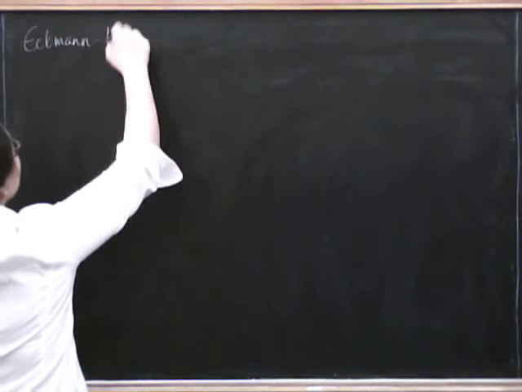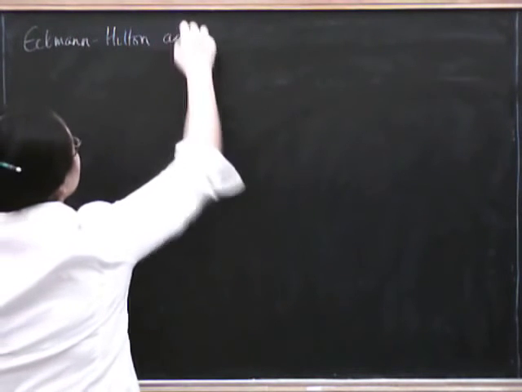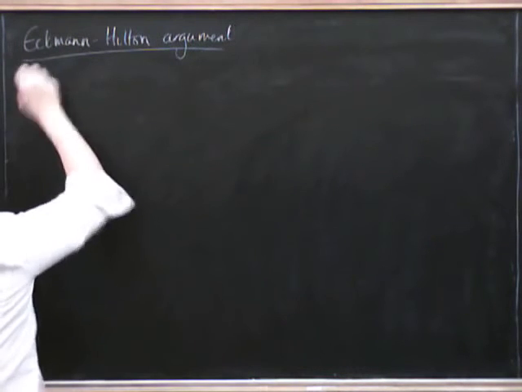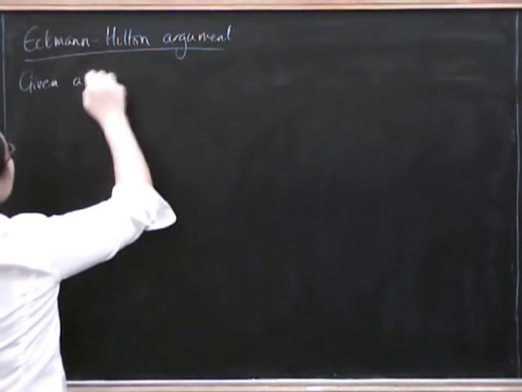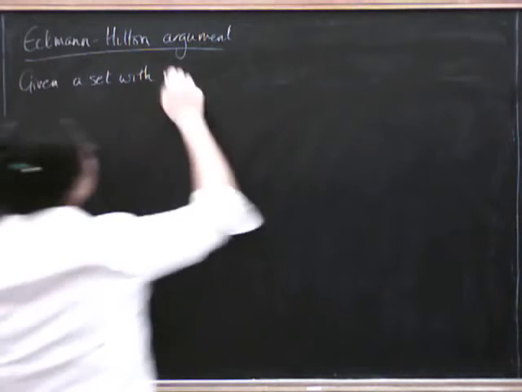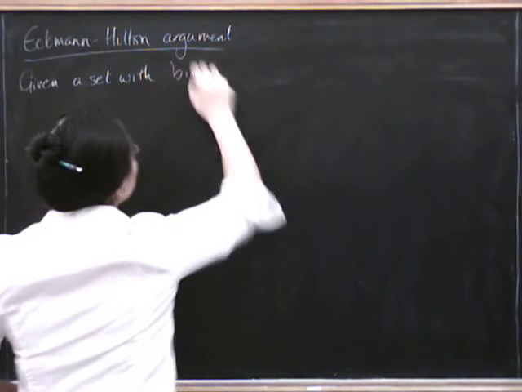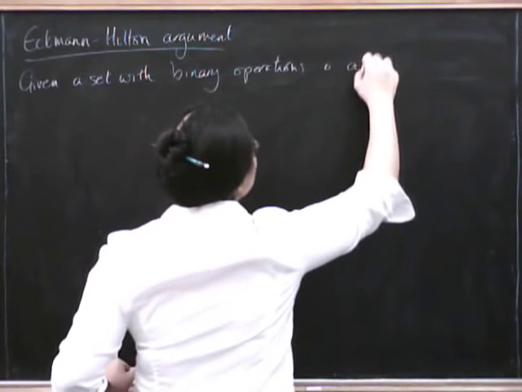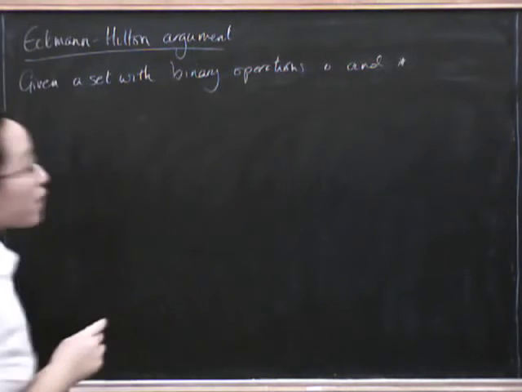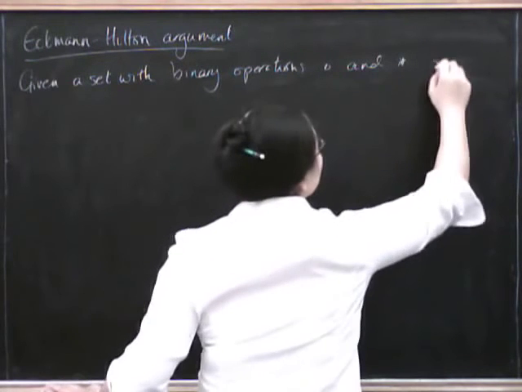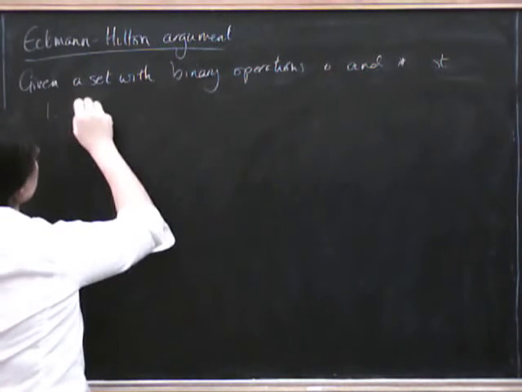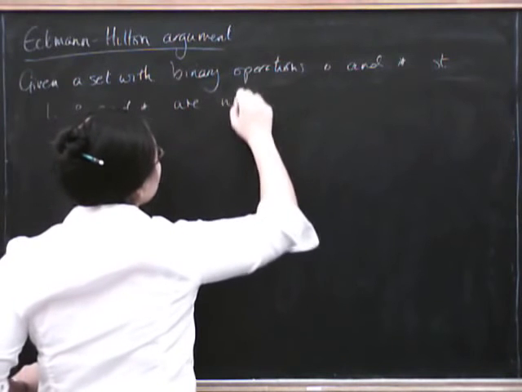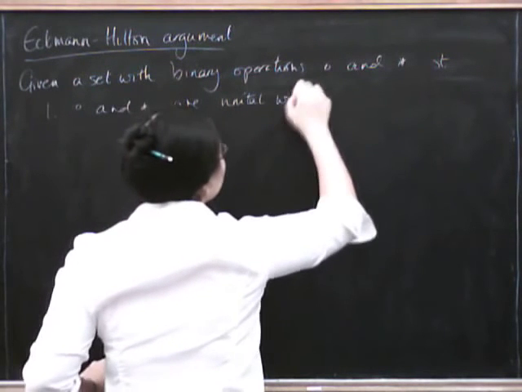Eckmann-Hilton argument. So given a set with two binary operations, which we'll write as circle and star, satisfying the following properties, such that one, circle and star are unital with the same unit,